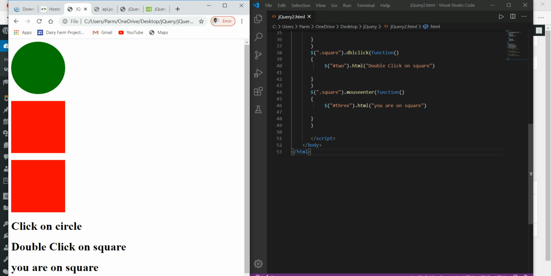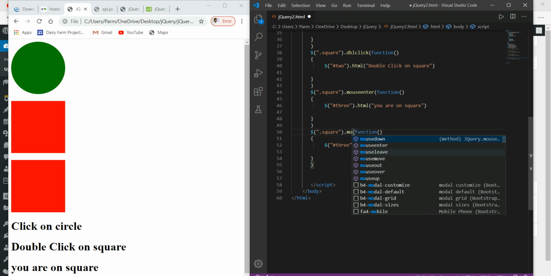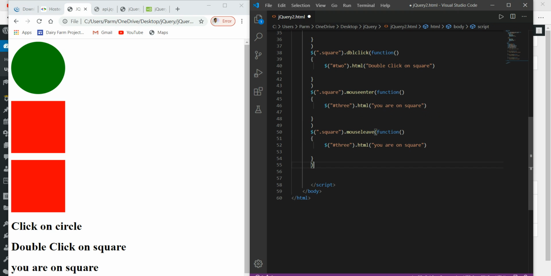Similarly, I can write another event. You just have to copy this code, Control C, and here we go, Control V, and this time I'm writing the event for mouseleave.